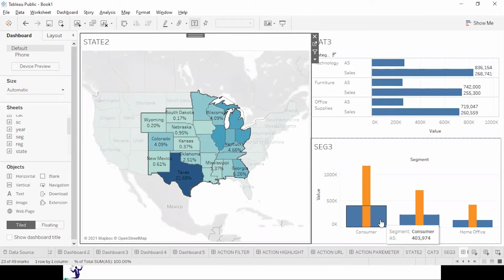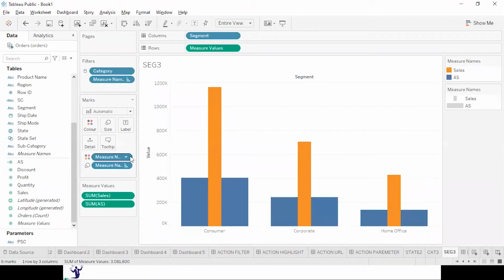So the width of the outer bar doesn't convey anything? No, we haven't put anything into the size. We have put in the size to differentiate. In the measure names, while creating this visual, if you see, that is the segment. Here we have put measure name into the size. So the thicker bar is the area sales, and the thinner bar is the sales. This is what the thickness of the two bars is indicating. Okay, clear? Yeah. Thanks.